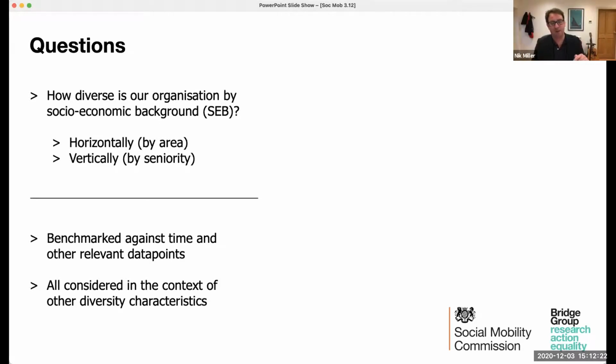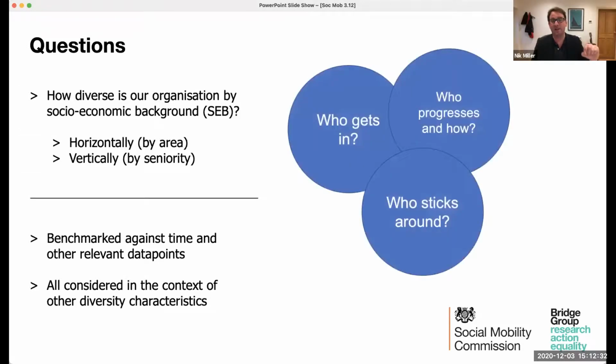But the really key thing to understand here, and it's pretty intuitive, is what is that diversity a construct of? So if we want to understand how we can make a difference to that diversity, we really need to be looking at these 3 areas. Who gets in to our organisation? And Phil, I was really interested to hear about some of the progressive work at the fast stream around the marking at different tests and stages. Who sticks around? So are people leaving disproportionately based on different diversity characteristics? And then really, really importantly, who gets ahead?